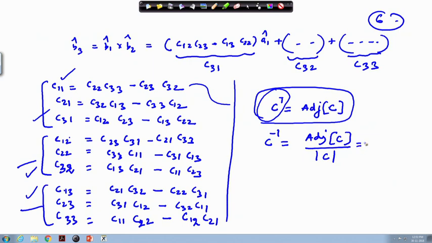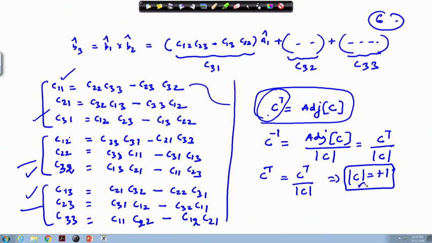So, from this place this indicates that this is equal to C transpose divided by C determinant. Okay. And because C is a rotation matrix, this quantity will be C transpose. So, this is equal to C transpose divided by C, and this implies C determinant equals plus 1. So, this is another proof that the determinant of the rotation matrix will be plus 1. It is not difficult to look yourself, because otherwise we lose a lot of time in discussing all these things. It is quite simple to see that this quantity represented here can be written in this format.